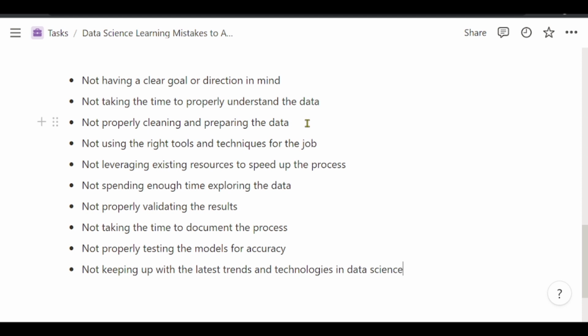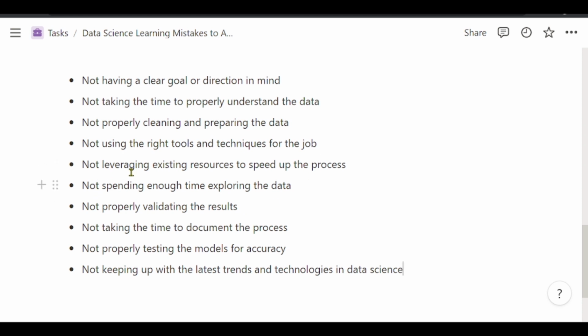That's why in this field it is said that cleaning and preparation of data takes almost 80% of the whole work. Then training the models and getting insights from the models that you have trained takes about the other 20% or so of your time. Now, not using the right tools and techniques for the job. When you get into the data science field, you should ensure that you use the right tools and techniques for the job. We'll also use Notion AI to try and generate what are the right tools and techniques for data science or in the data science learning field.